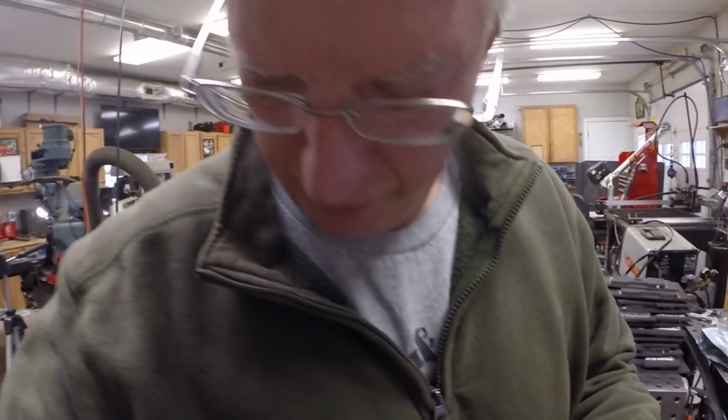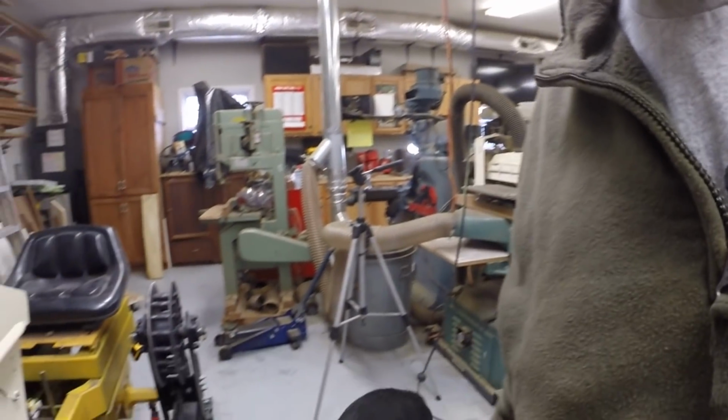I think this is 30% duty cycle. So it's not going to be for the professional welder, I don't think. And it's a lot less expensive. It's under $1,000 or right close to $1,000. I think if you were to buy a Miller or something else, there's my